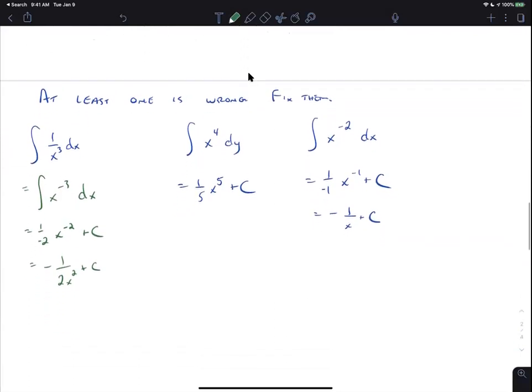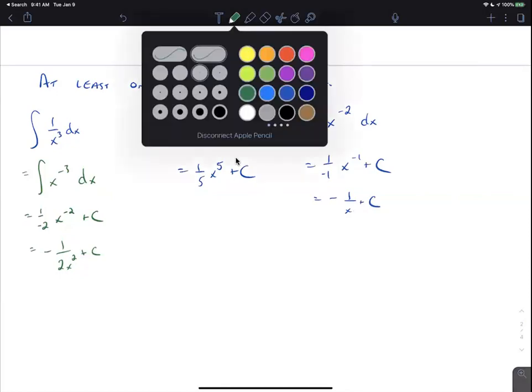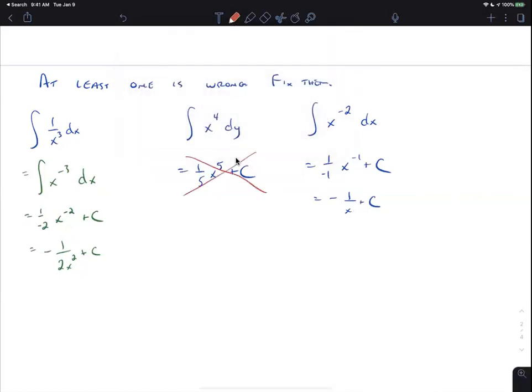Okay, now what about the second and third one? Are those both right? The second one's wrong. Why is the second one wrong? Because it's with respect to y. So the problem is, and let me erase that, that when it says with respect to x, that means if I take the derivative of this answer with respect to x, I should get what I started with. Does that make sense? If I take the derivative of this answer with respect to y,